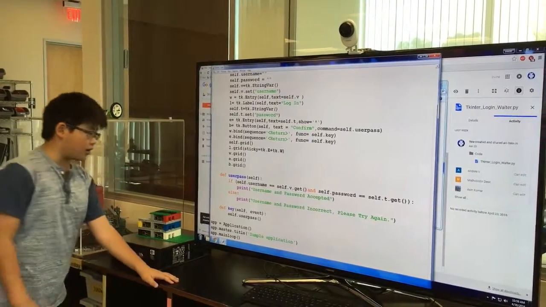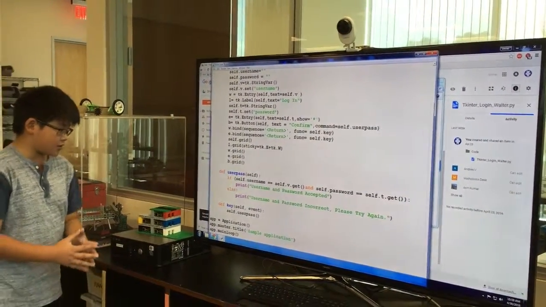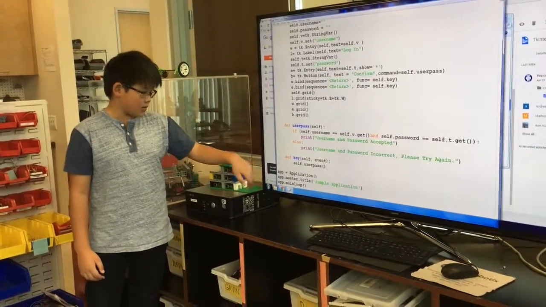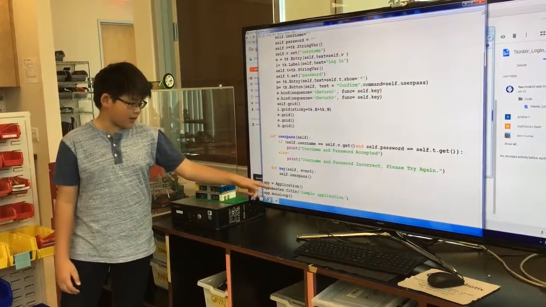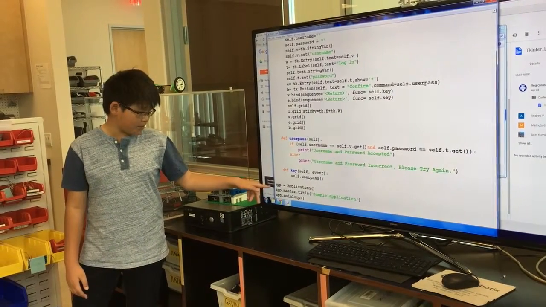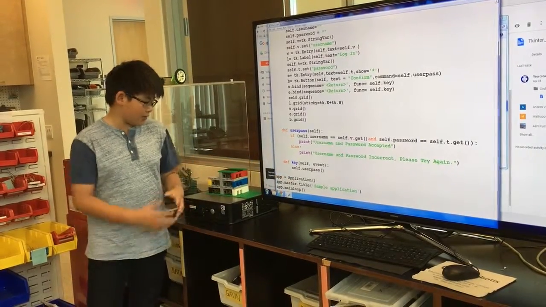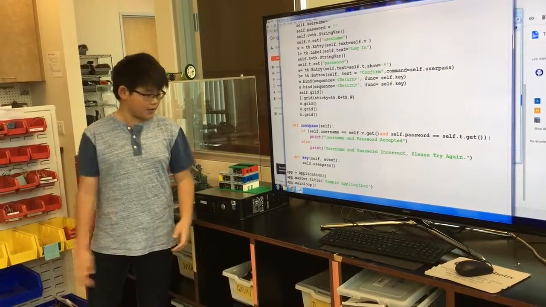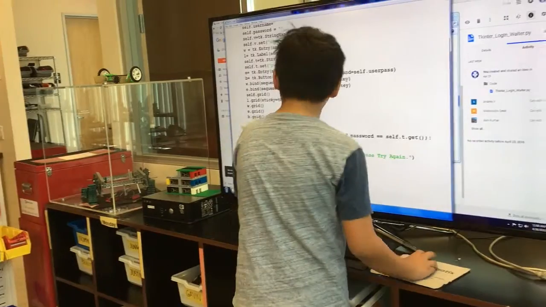So if I scroll down, I define another function which just runs userPass. And then to confirm the class, I set application as the class. So I abbreviated that to app, and then I set the master and the title to the sample application. And then mainloop is basically looping it, so it doesn't just go once and stop. So I'm gonna run this code,